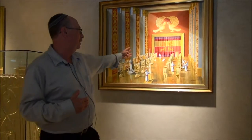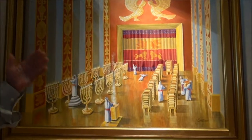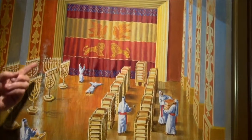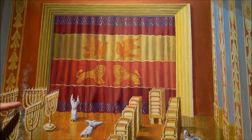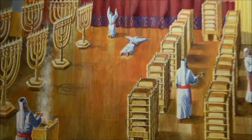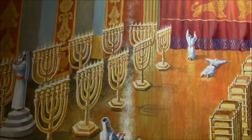We come into this room, and here we're going to look at first two pictures. This picture over here depicts what the sanctuary would look like in the first temple. We can see that there's a wall, a door frame, and a curtain. There's not only one menorah, but Solomon, the richest man in the world, adds another 10. Also, showbread cases, Solomon adds another 10. And there's one golden altar where the incense will be brought. If we can come over and see this next picture,